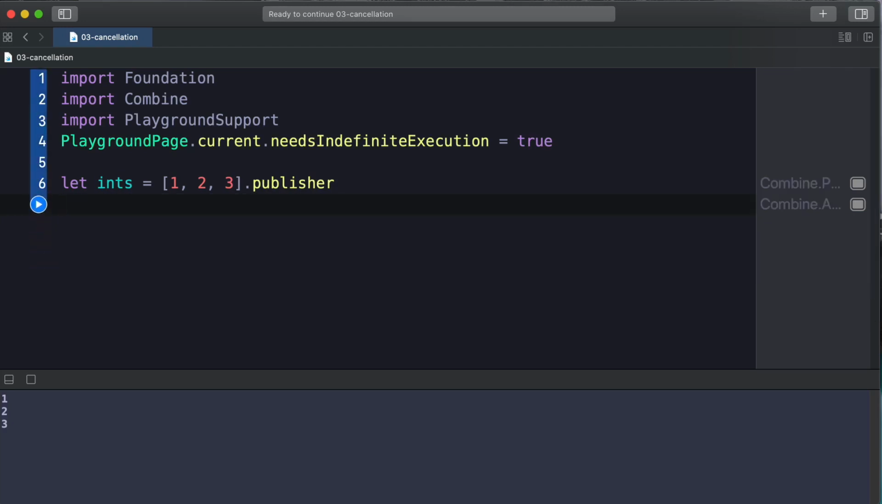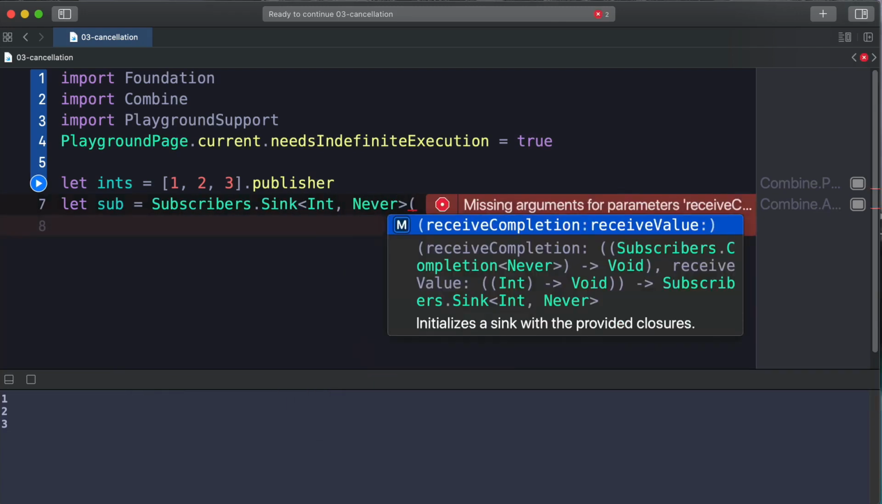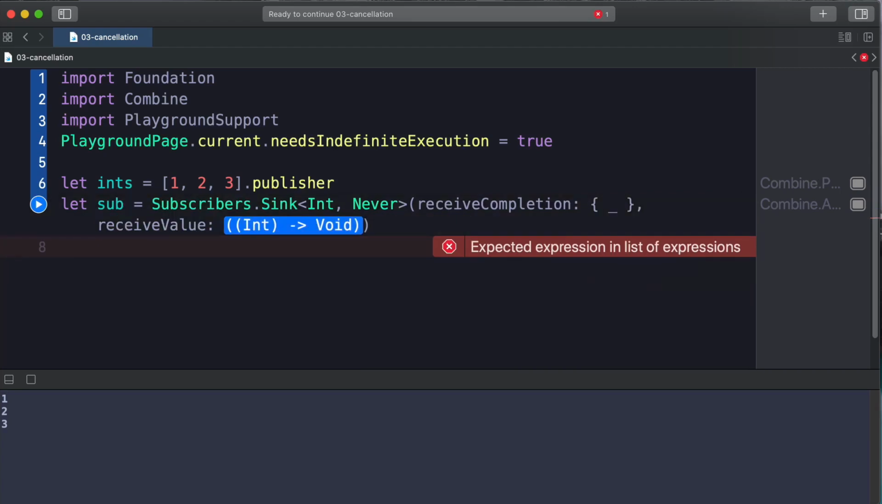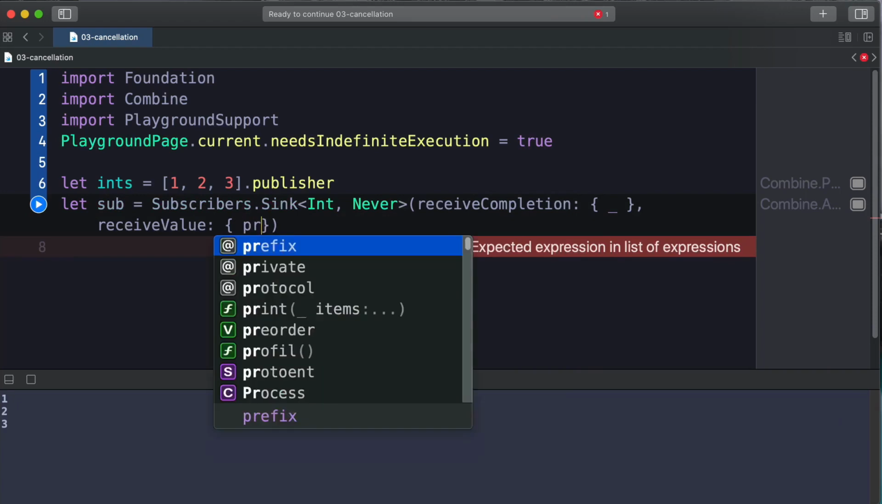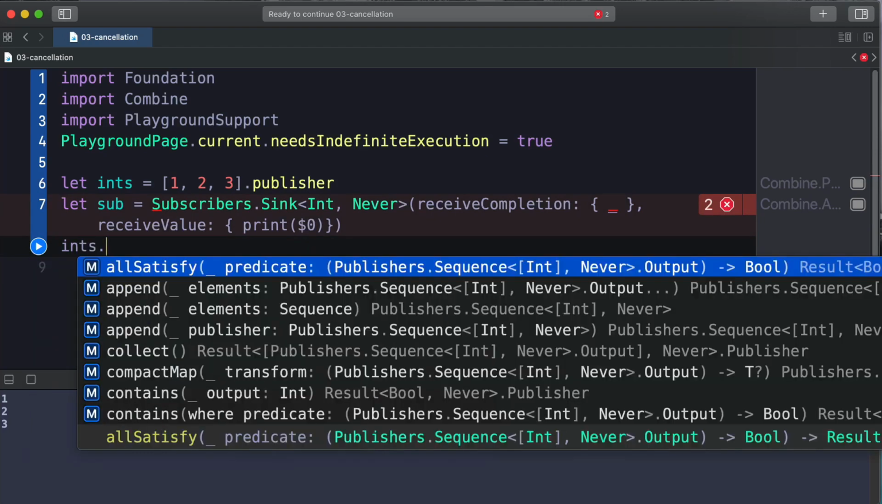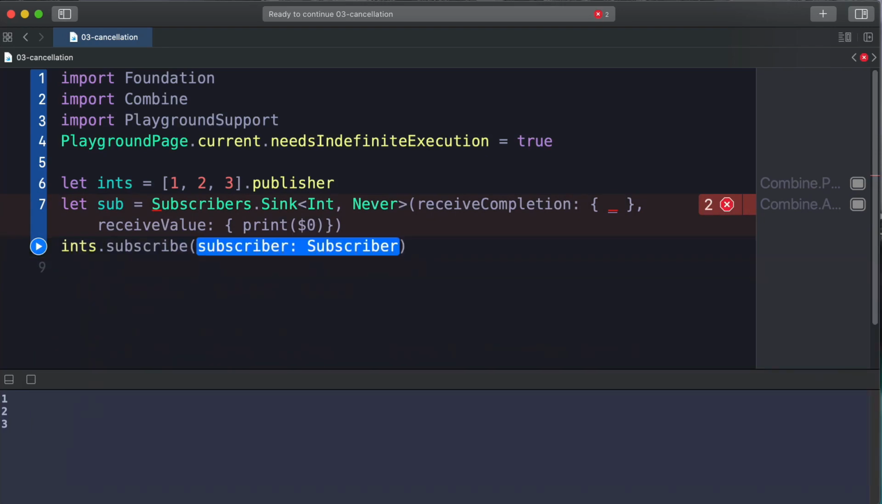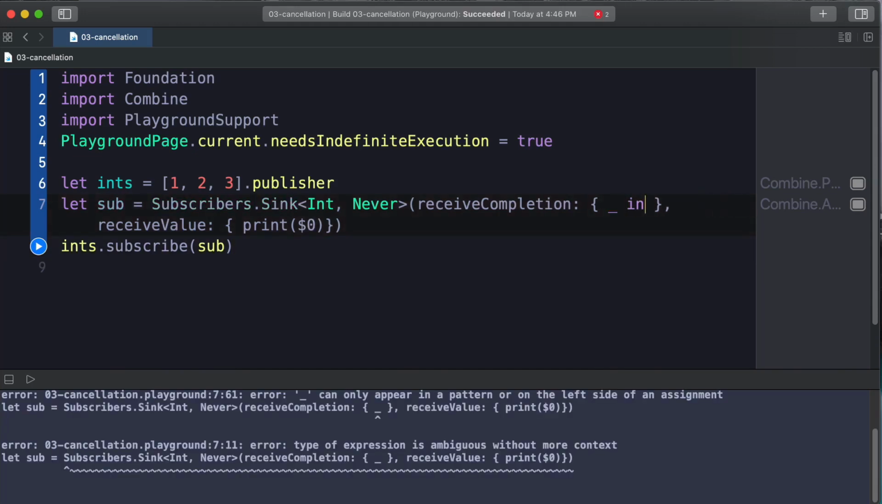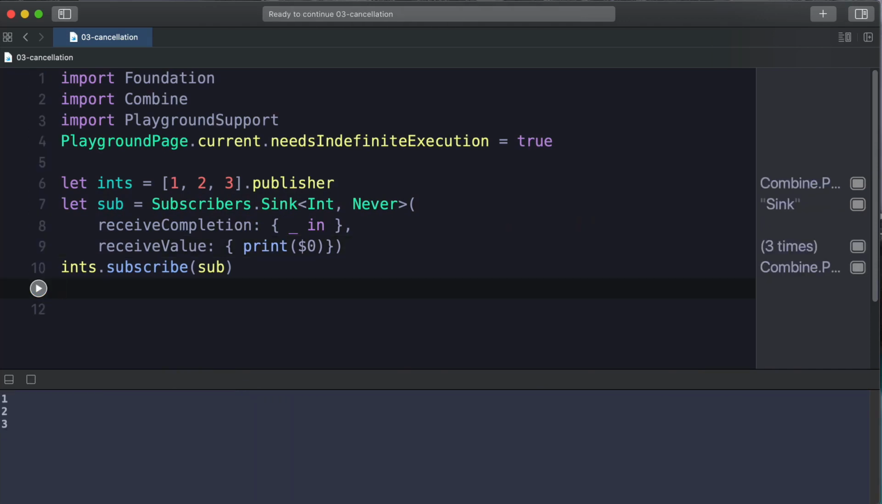And so if we go back to that manual approach where we create a subscriber, which we'll use Subscribers.Sink, and we will sink to a type of Int and a failure type of Never, and then we can add in our receiveCompletion, which I don't really care about, and then receiveValue, and we can just do print($0). So if we think about this, and we take this and say ints.subscribe and pass in the subscriber, we need the in keyword there, and let's put these on their own line to make it a little bit easier to read. So we can see that this works, but we can actually call sub.cancel,